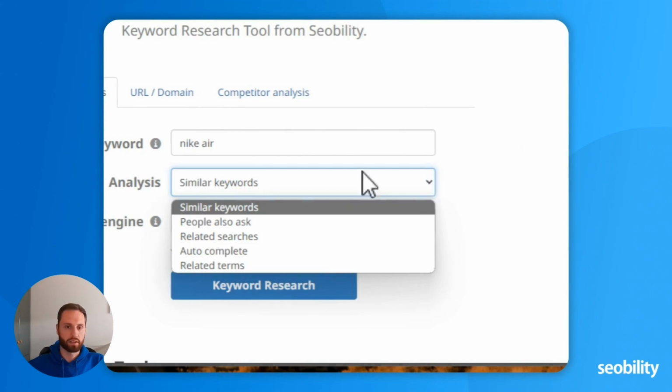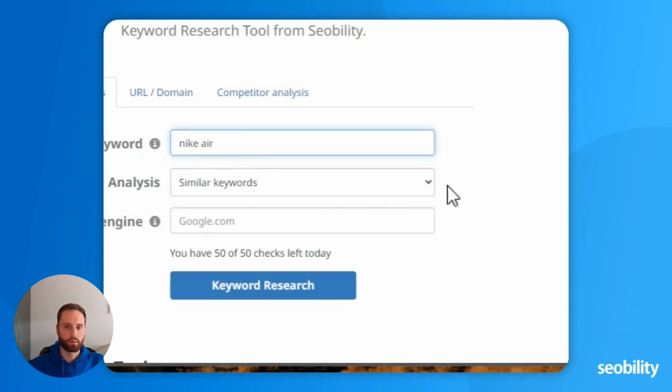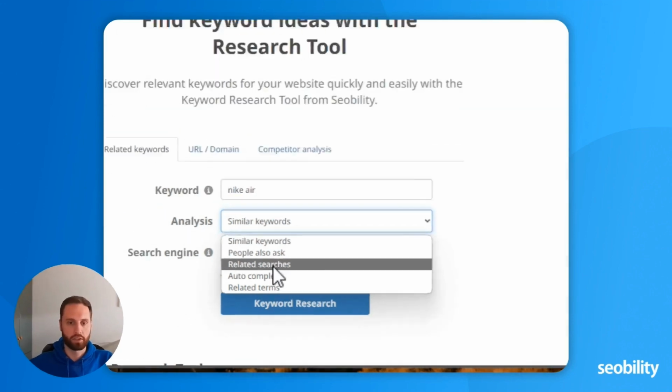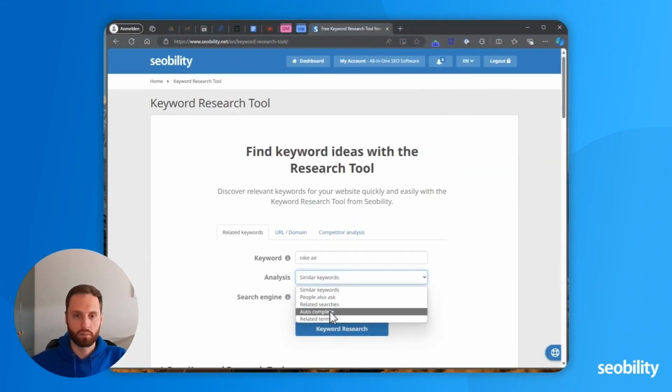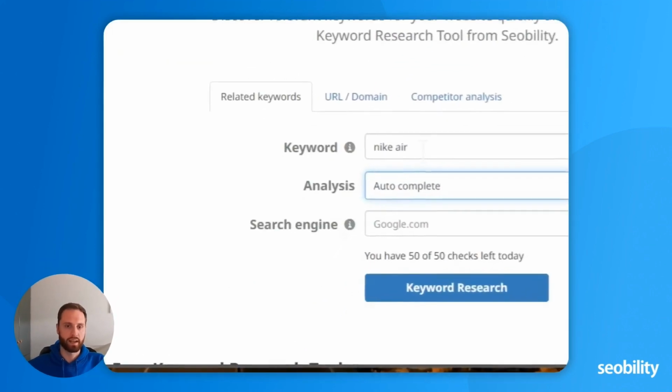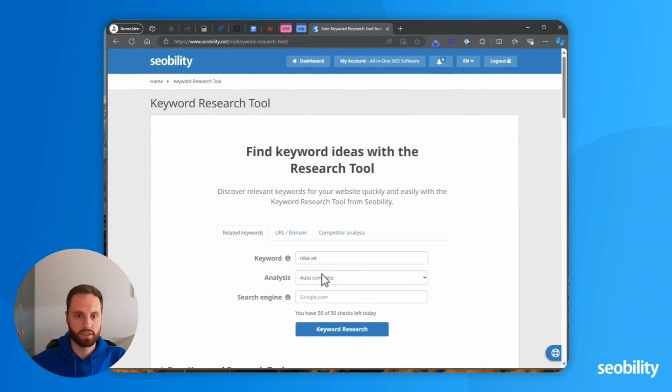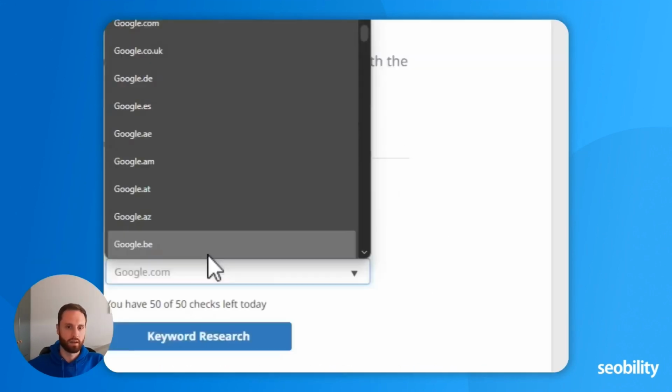For starters, you can say, so that's my keyword, and I want to know what people also ask, or what related searches on Google are, or what Google autocomplete offers when I type in Nike Air. This can really help you find more specific long tail keywords.